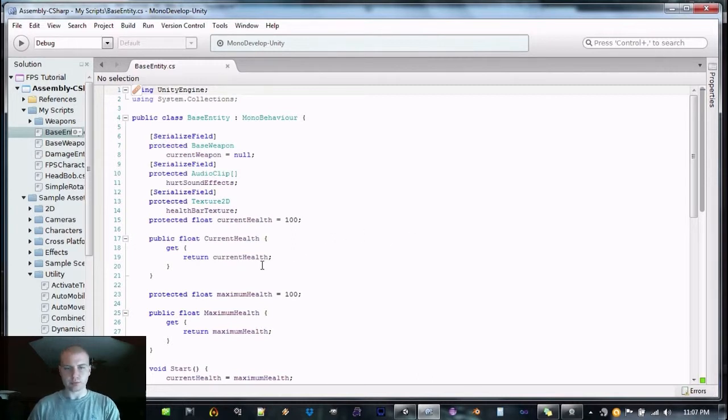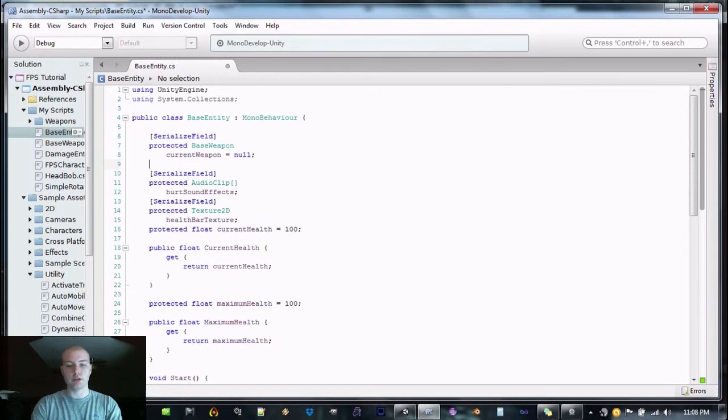Alright, so the first thing we want to do is create a property for current weapon. What we're going to make this property do is, the get method is going to just return our current weapon, and the set method is going to set current weapon to whatever value we set it to, but it's also going to set the transform to be parented under our weapon position, and reset its rotation and all that stuff so that it's actually a part of our model. Alright, so we're going to go public,